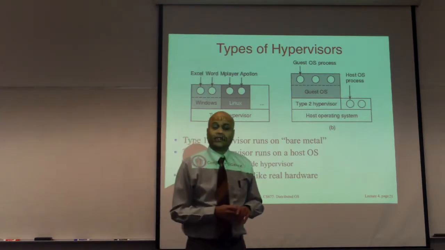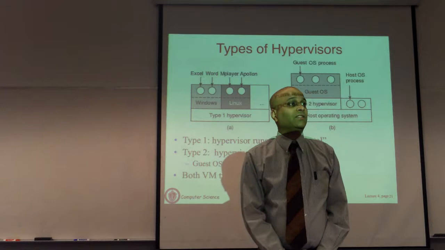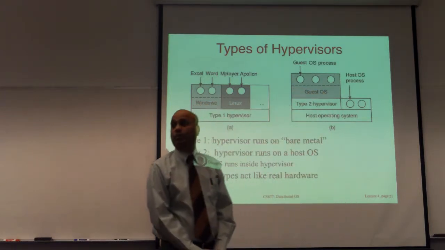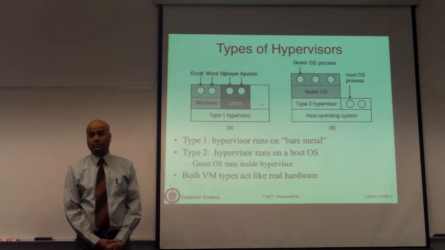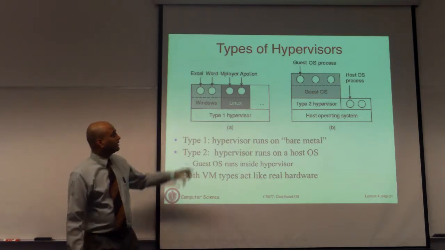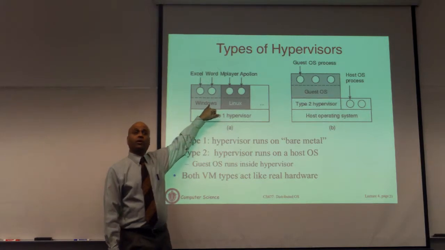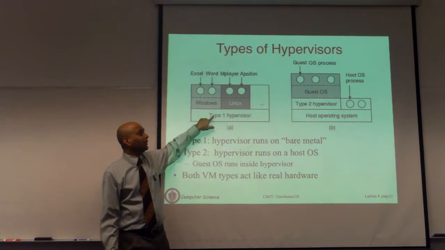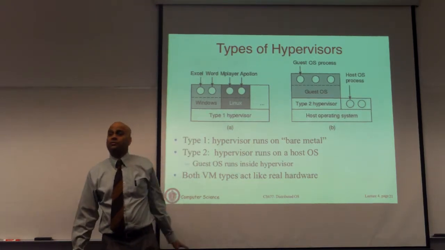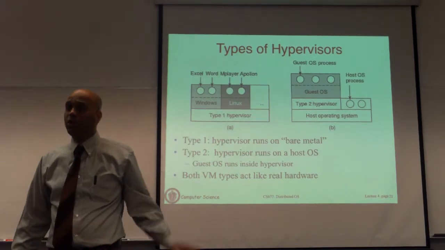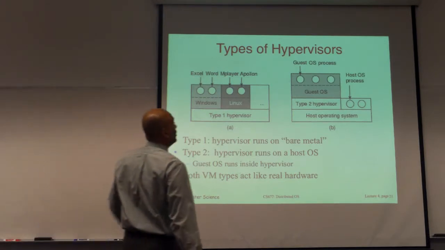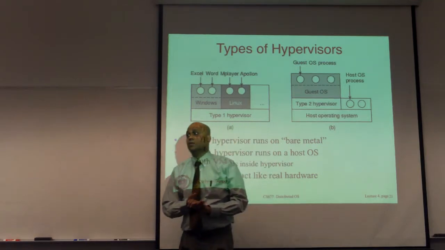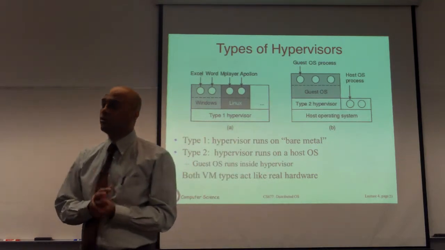So then the question is, what should happen in this case if the guest OS actually goes and tries to perform some privileged operation? How should it work? In the earlier case, when an OS performed a privileged operation, it caused an interrupt because the OS is not allowed direct access to the hardware. You go to the hypervisor, which performs that privileged operation for you. In this case, there are two layers between the guest OS and the hardware. There's the type 2 hypervisor, there's the host operating system. So that technique is no longer going to work here.